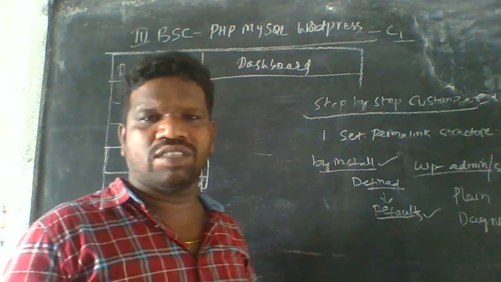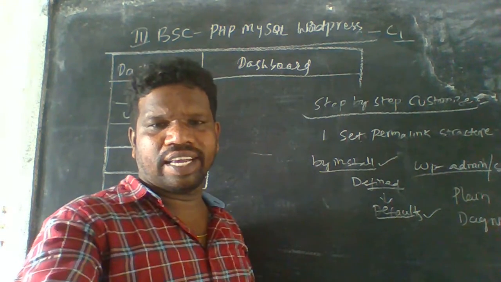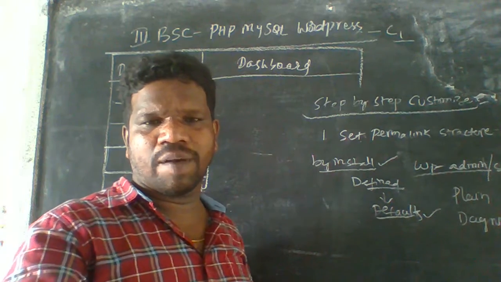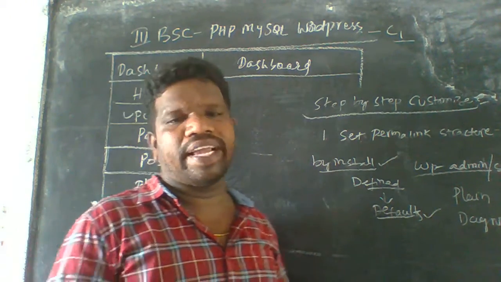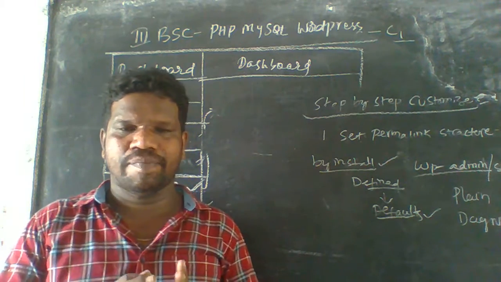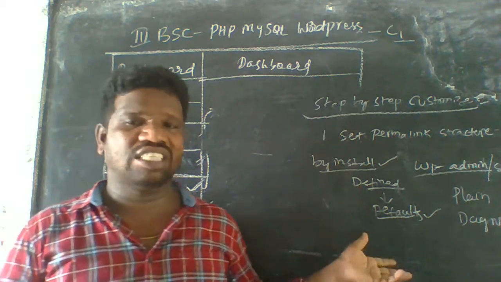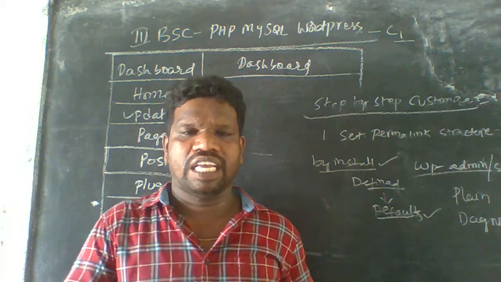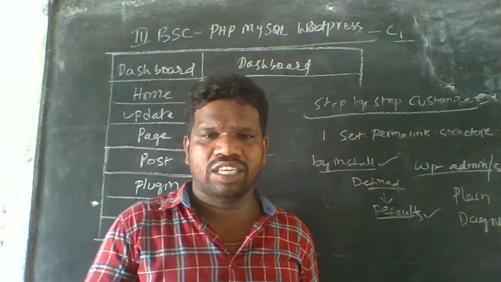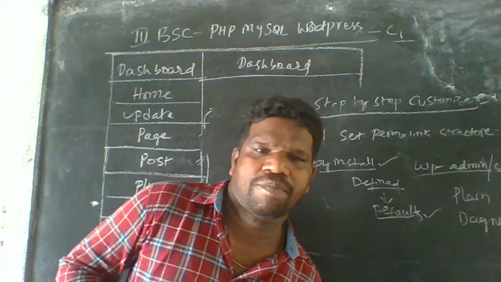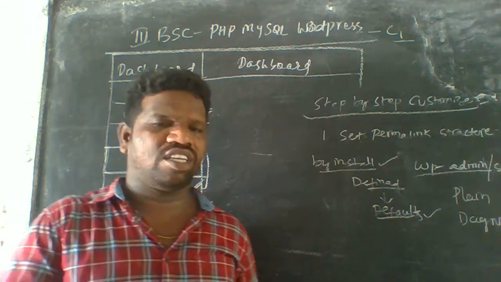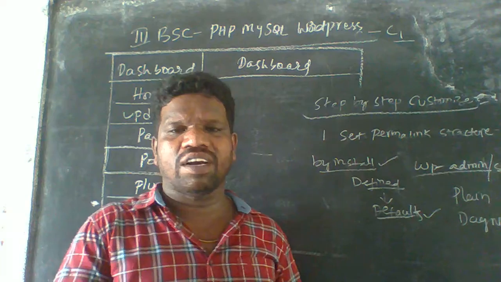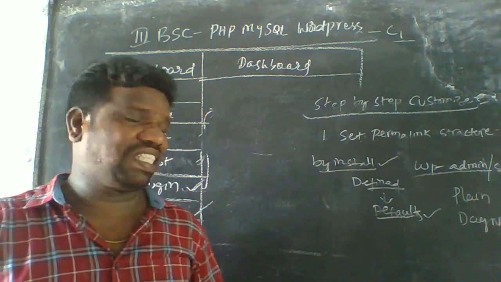In this section the entire customization of sites appears. The plain permalink structure does not let you create a respective URL for your posts and pages, which is bad not only for SEO,